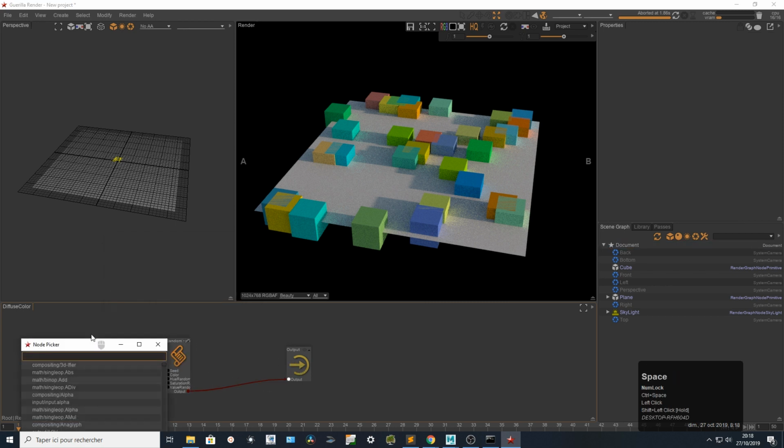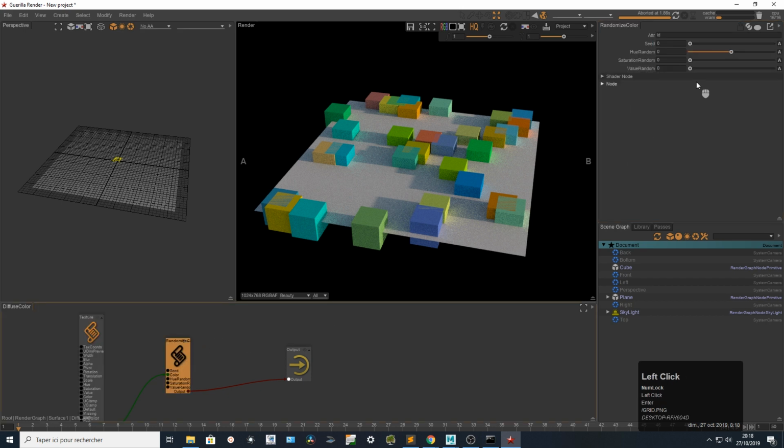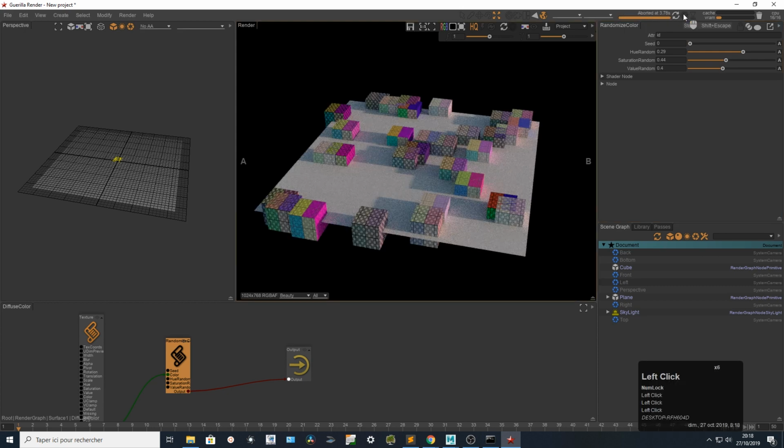And say that I'm gonna use a texture, and I'm gonna pick something from the sample sets. Here we go. So as you can see, I got variation into my asset